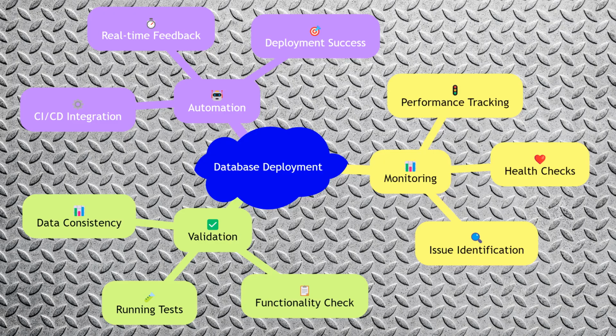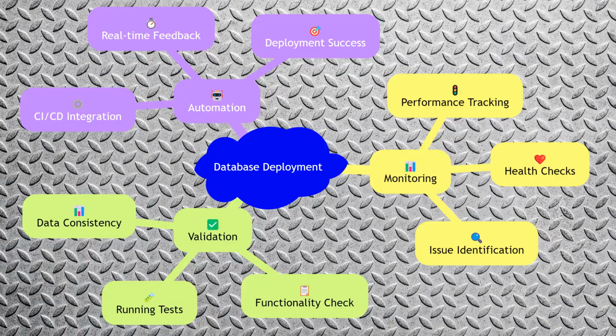Monitoring and validation are essential components of database deployments. Monitoring involves tracking the performance and health of the database to identify any issues that may arise after deployment. Validation involves running tests to ensure that the database is functioning correctly and that the data is consistent. Automated monitoring and validation tools can be integrated into CI/CD pipelines to provide real-time feedback and ensure the success of